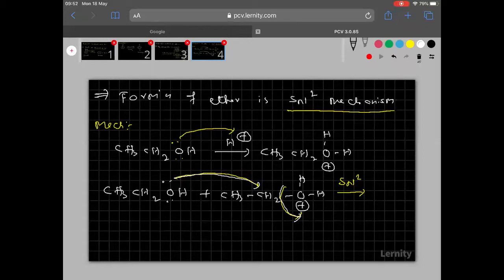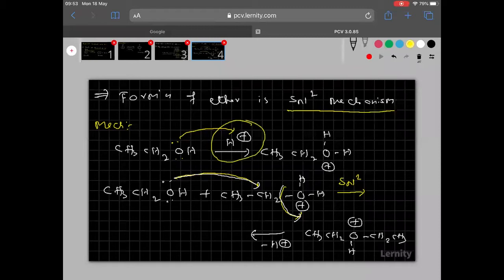Is it clear? Then here what happened? See clearly, the oxygen which is donating the electron pair will now get the positive charge. So CH3, CH2, now oxygen gets the positive charge, it is bonded to hydrogen, and it donated a lone pair to CH2, CH3. Now oxygen cannot bear the positive charge, so immediately H plus will be removed. In the first step I am using H plus, in the last step I am removing it, so it is a catalyst.